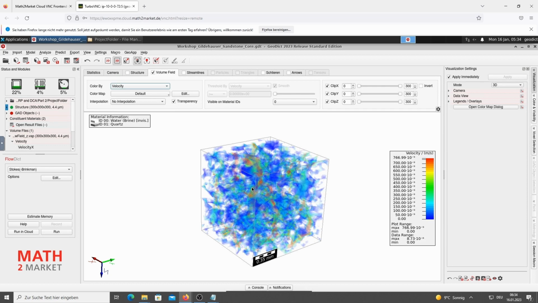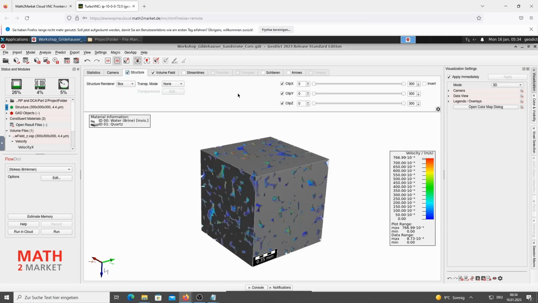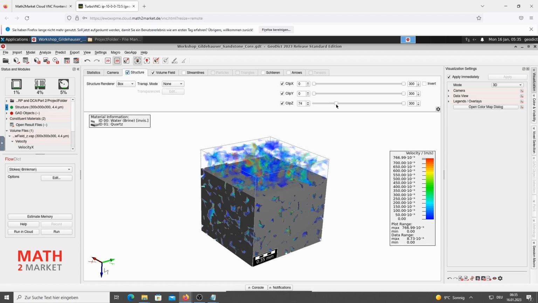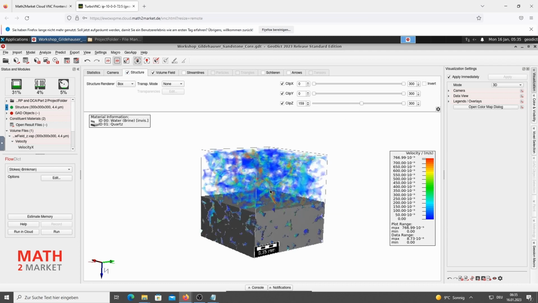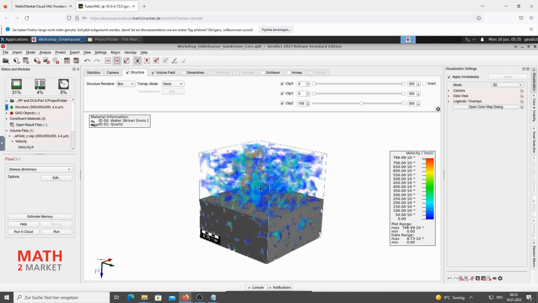Then switch to the Structure tab. Enable the structure again. And now pull on the Z clipping sliders to visualize the structure and the velocity field at the same time. Now you could save an image here with the current visualization.